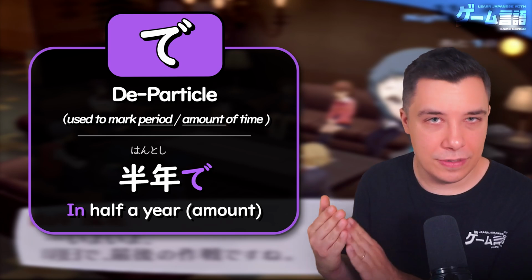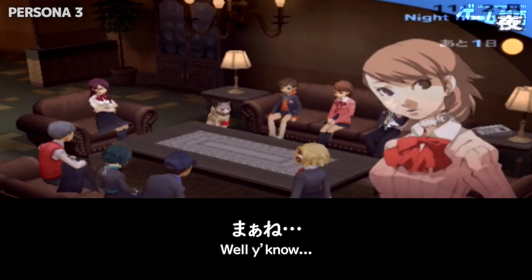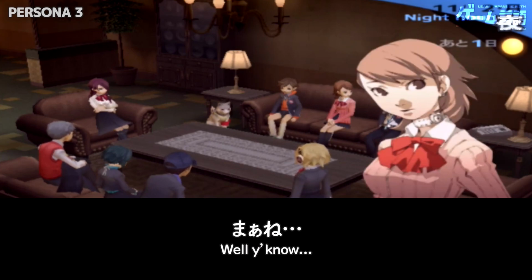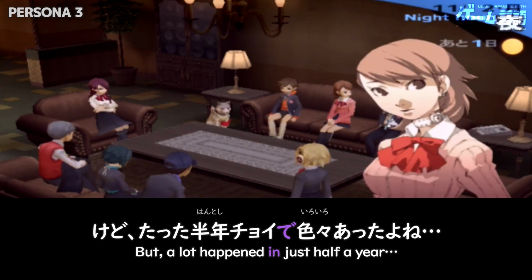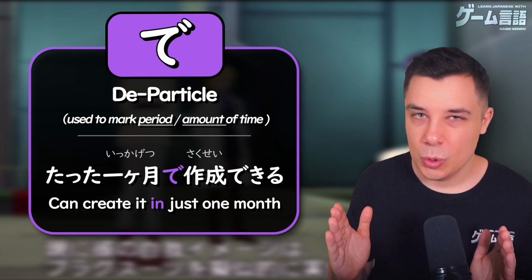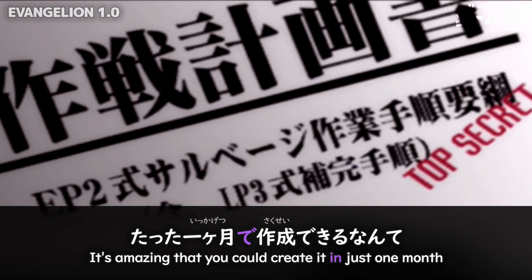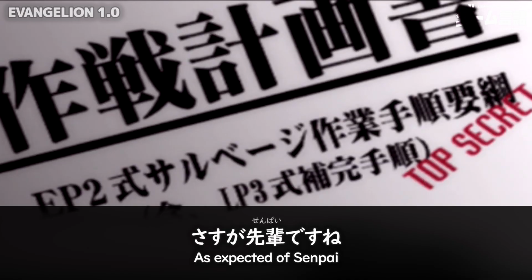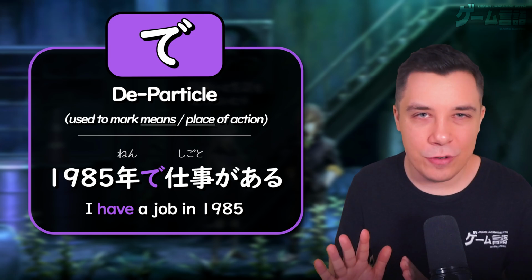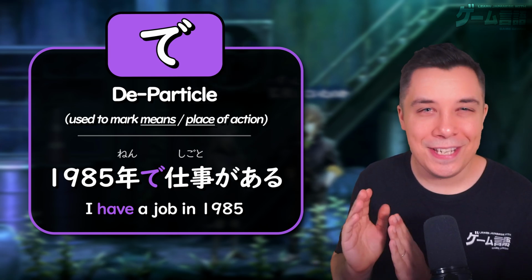So that's the amount of time, the period of time that will pass. In half a year. まあね。けど、たった半年ちょいでいろいろあったよね。 So like here, it's used to mark the period of time in which something can be created. We can create it in just 1 month. たった1ヶ月で作成できるなんて、さすが先輩ですね。